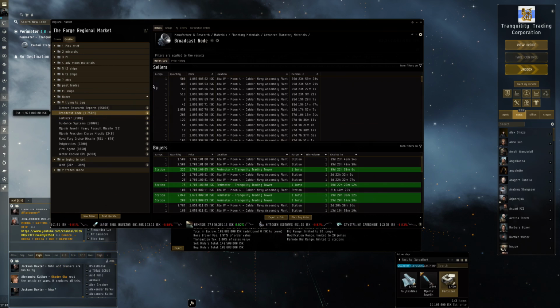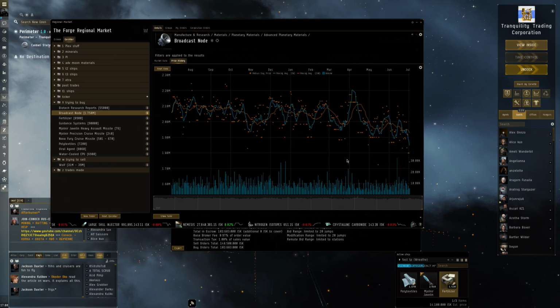Then we have the broadcast nodes, actually one that we cover in Eve Talk. Look at this chart. This is, I mean, a 1 year low point. We're just going off a cliff here, so I am trying to buy this dip. It is something that I've said over and over again in Eve Talk as well. For these advanced PI materials, it's a bit of a gamble, but structures are definitely a thing in EVE Online, of course, and lots of them are being blown up at the moment as well, so who knows,